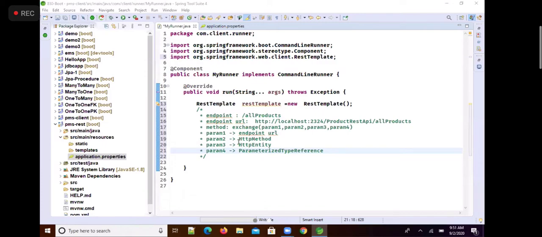Param 1 is the endpoint URL, param 2 is the HTTP method, param 3 is the HTTP entity, and param 4 is the parameter type reference. See what I'm doing now: first I'm going to create a parameterized type reference object.